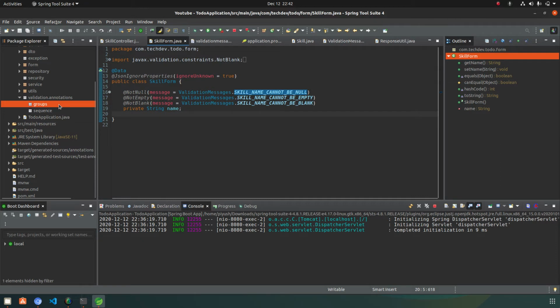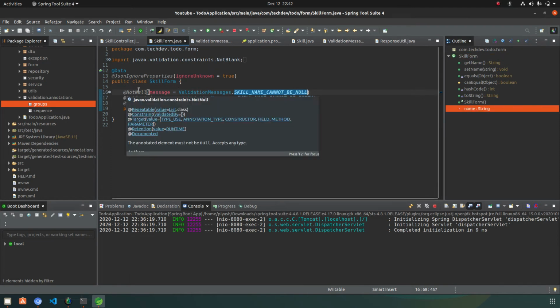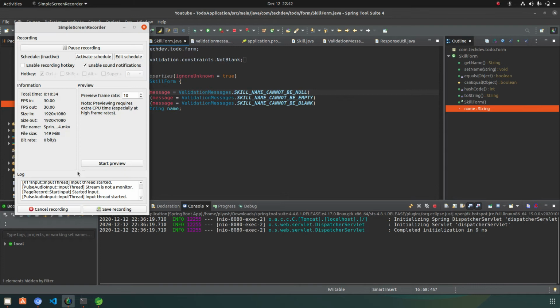So friends, in this video, in this package you need to create some grouping, meaning an interface for the grouping, and then we will create the sequence that shows how these groupings will work. You can see that we have here not null, not empty and not blank. What you need to do is create a group for each, a not null group, not empty group and then a not blank group.